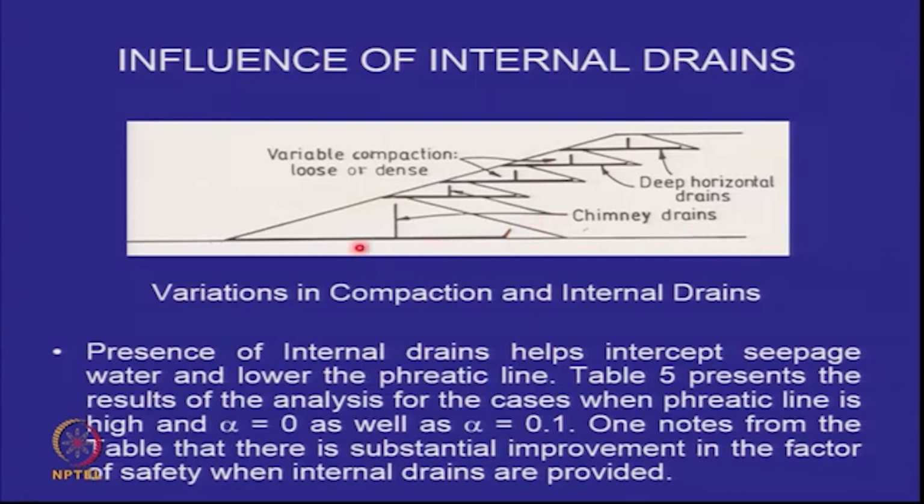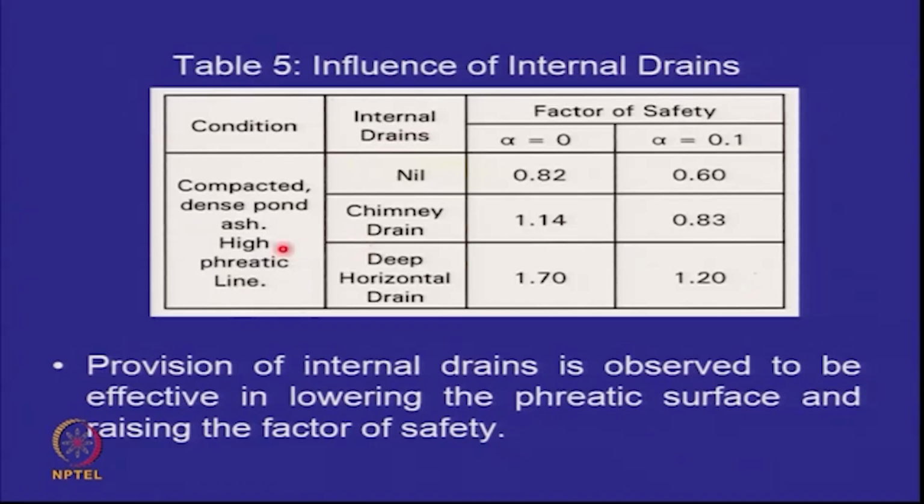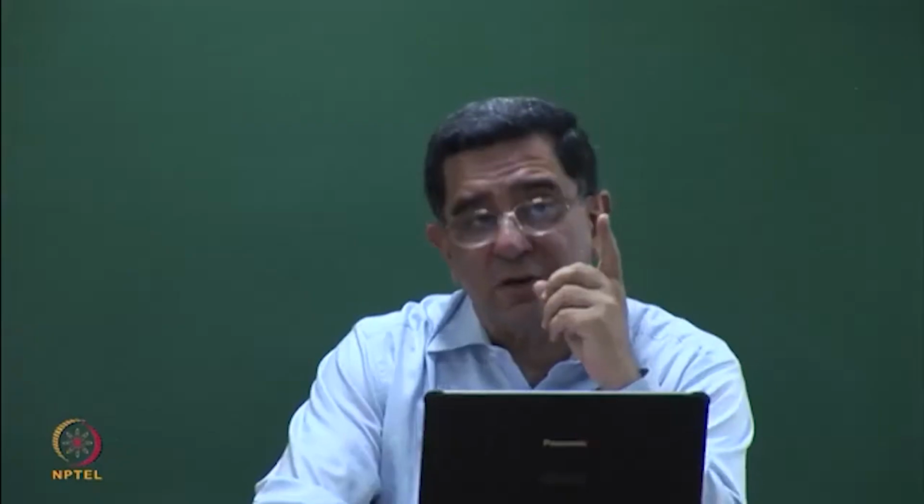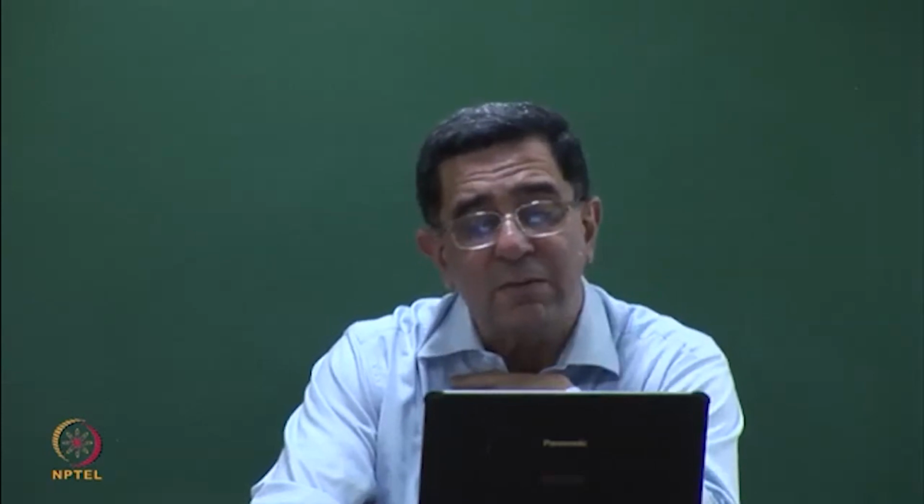So what do these drains do? Let's have a look. We remembered that when we had compacted dense pond ash, we had gone up from 0.71 to 0.82, right? Now I put a chimney drain, I get 1.14. That's a substantive increase. And if I put a deep horizontal drain, high phreatic line, I get 1.70. So the drain is the most critical requirement. If you can put a good drainage system, you will get a stable